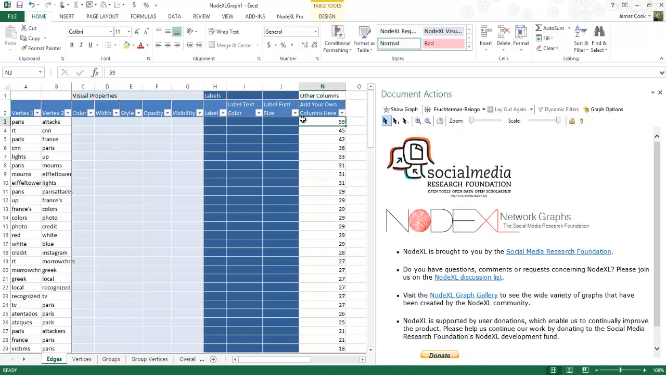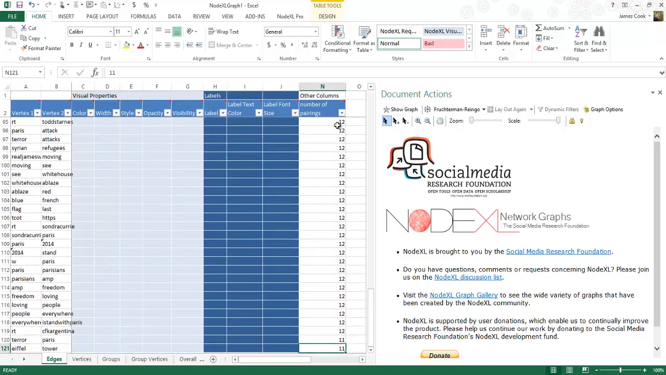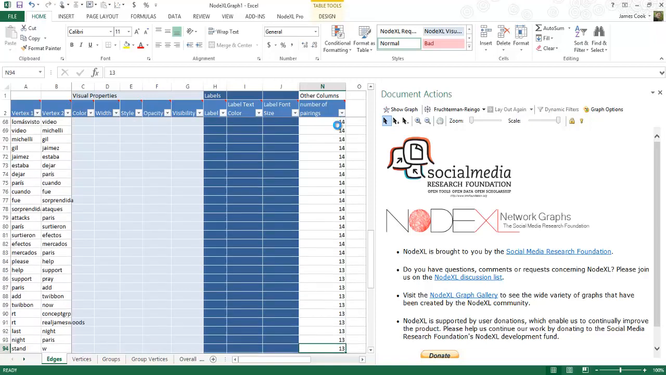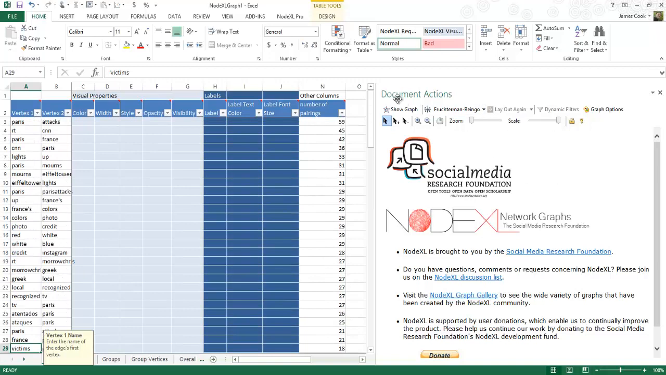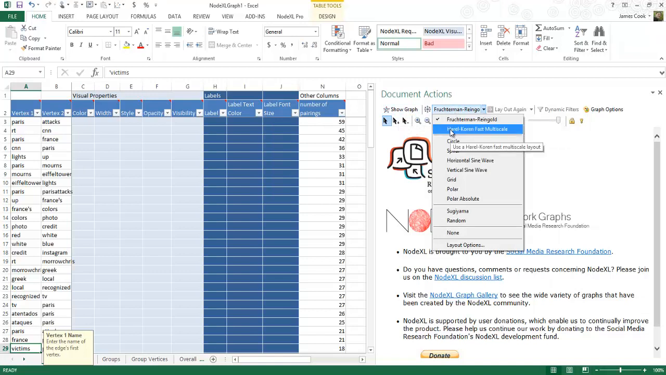And then I'm going to label it number of pairings that occur. So we know Paris attacks, those two words are mentioned together 59 times. So we should think about that tie as much stronger than Eiffel and Tower, only mentioned together 11 times in the last 1,000 tweets. Now, if we head over to the right-hand side and click to show the graph,